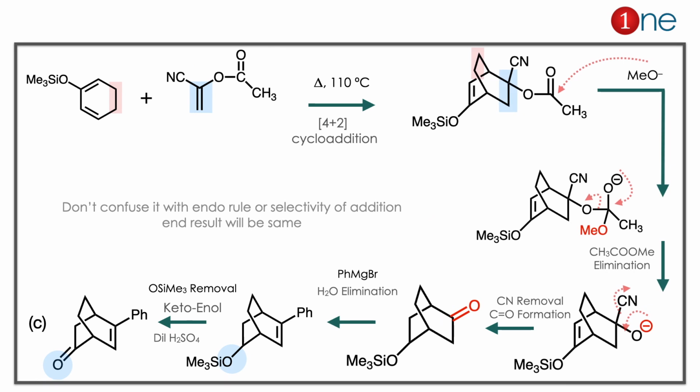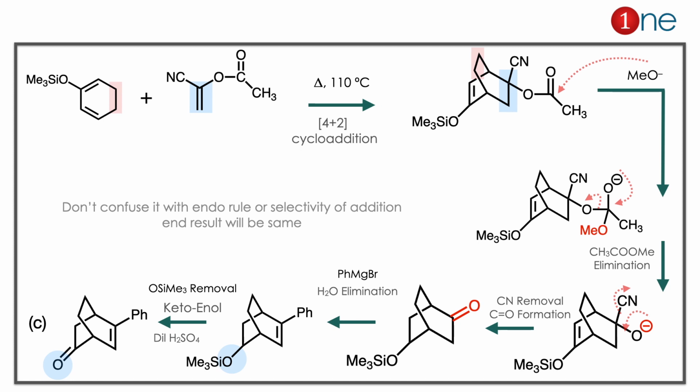In the starting material you have a cyclic system with a conjugated double bond, and you also have an alkene, so you might think of a diene and a dienophile. It's a 4+2 cycloaddition. So the 4+2 cycloaddition happens, the carbons become bridged, and the CN and ester are on the other side.